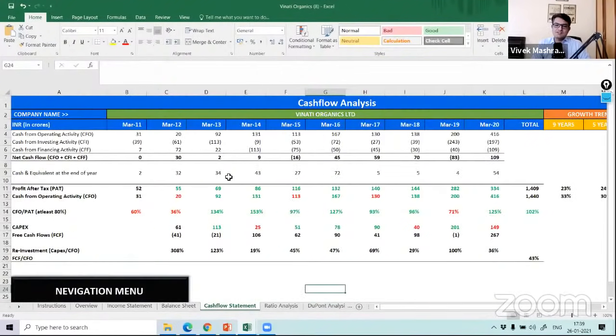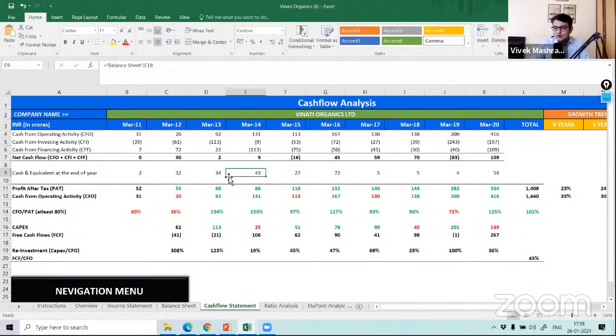Third is the cash flow statement, which is very important. Just note it down. Cash flow statement, most important, along with the balance sheet. Why is it important? Because all the golmaal which people do in the companies, which the promoter does, is very easy to catch from the cash flow statement, but it is not very easy to catch from the income statement.